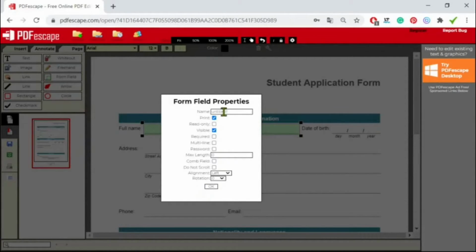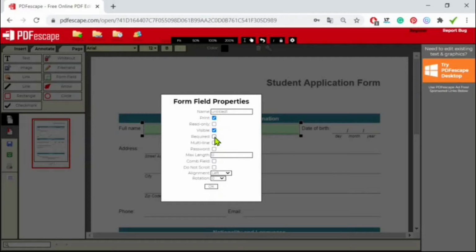You can name your shape, or you can leave this default name here. I'm just going to leave it. You can enable it for printing. You can set it up as a read-only file. You can make it visible. You can show it as a required field.